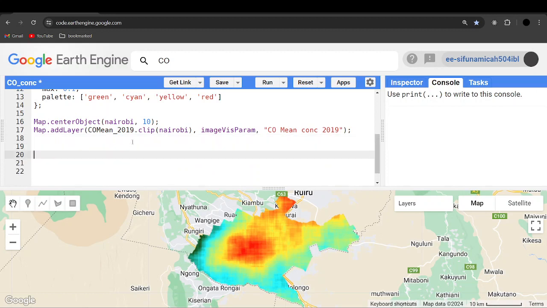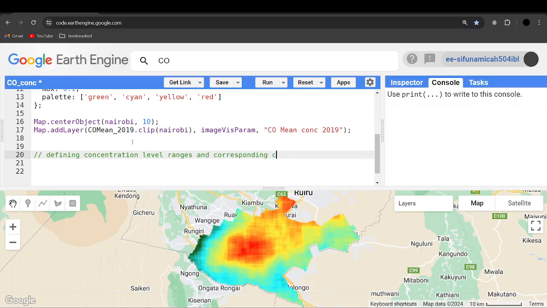So to do that, I can say defining concentration levels, level ranges